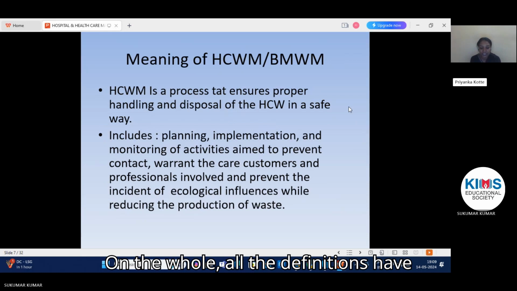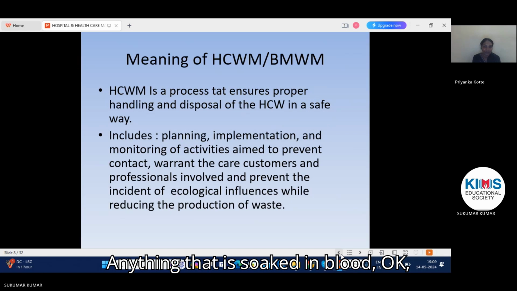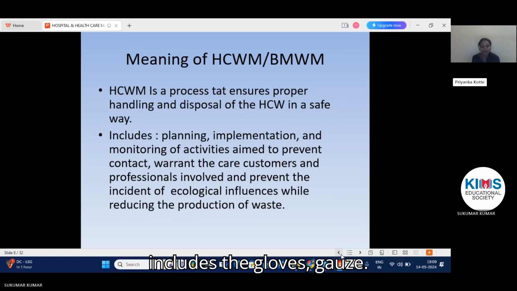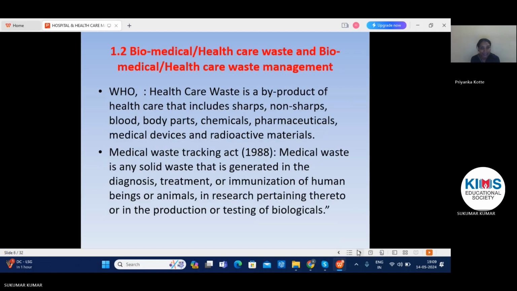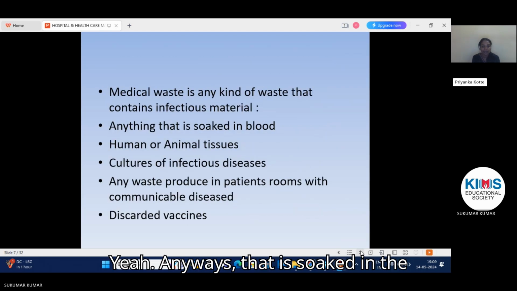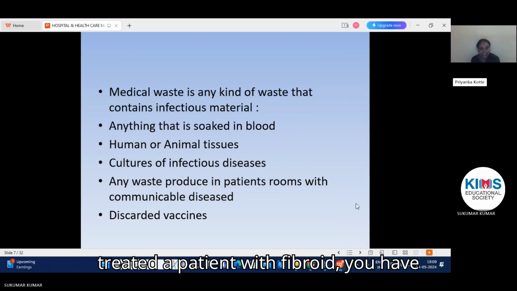On the whole, all the definitions describe the waste generated from healthcare facilities like physician offices, hospitals, dental practices. The list of things that they have given: anything that is soaked in blood, which includes the gloves, gauze, and gowns. Next one is anything that is human or animal tissue, which is cut during the procedure. You have treated a patient with a fibroid, or cut a nail or a finger or toe due to amputation. Okay, any animal or human tissue,